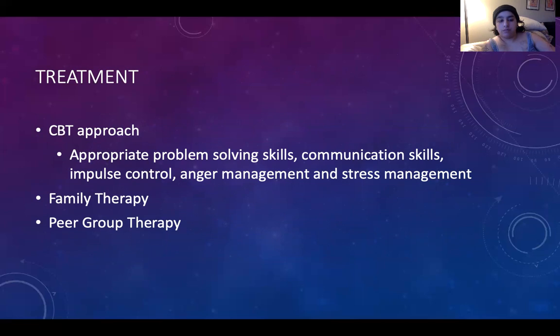There are problem solving skills to work on, communication when there are interpersonal relationships, impulse control if somebody is going through dealing with death, controlling their impulses and their emotions and not making any drastic decisions, anger management, same thing, and